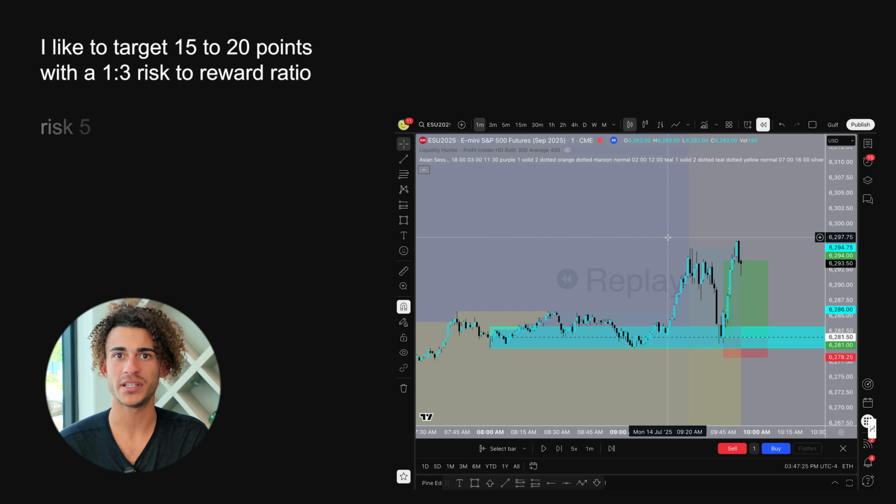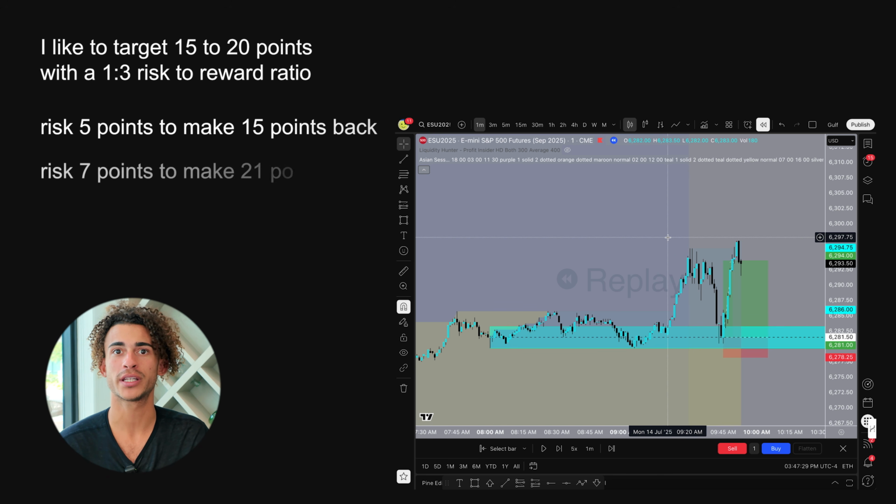reward ratio. What this means is that if we risk 5 points, we're looking to make 15 points back. If we risk 7 points, we're targeting 21 points. This incredible risk to reward ratio is what makes this strategy so profitable. Even if you're only right 40% of the time, you'll still be highly profitable because your winners are 3 times